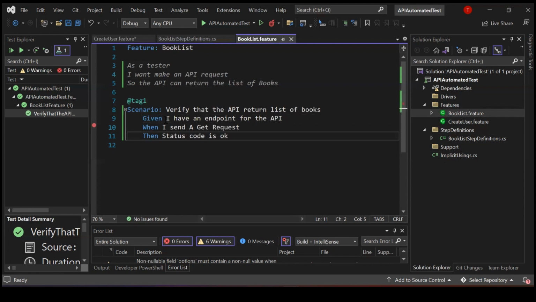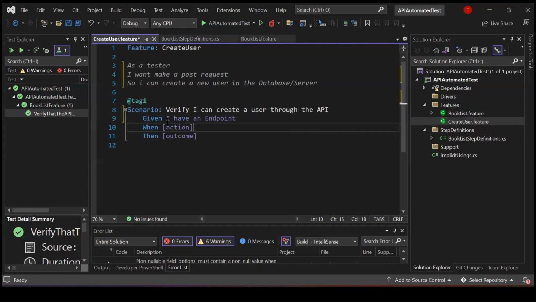But we are using a different endpoint. So given I have an endpoint, when I make a post request,